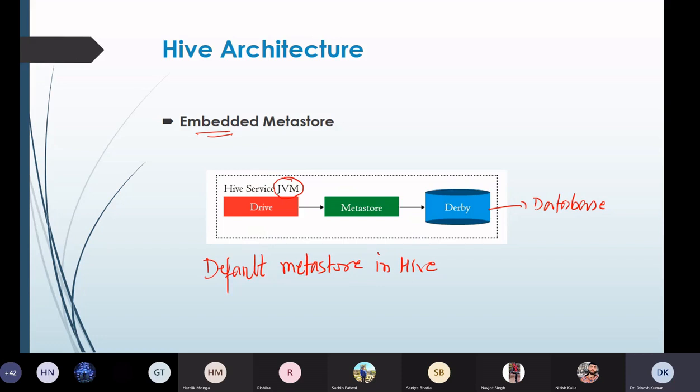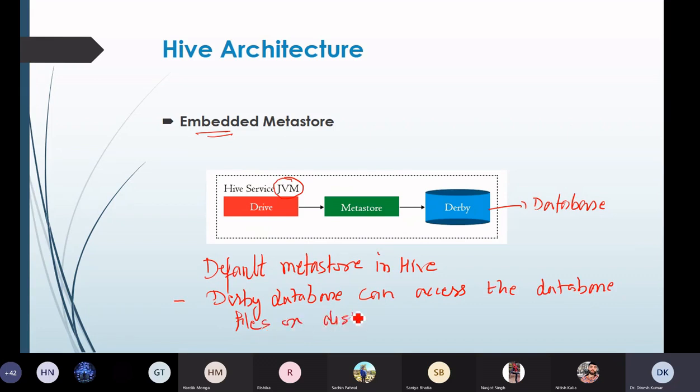There is a limitation here: the Derby database can access the database files stored on disk at only one time.